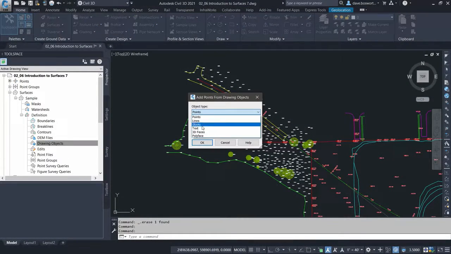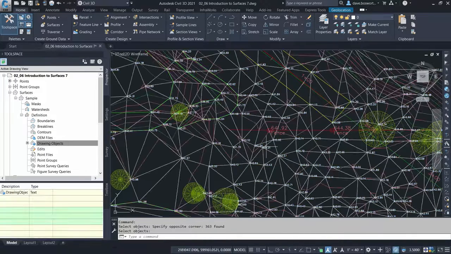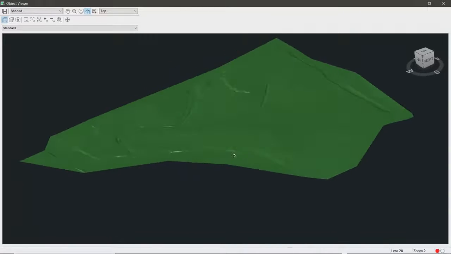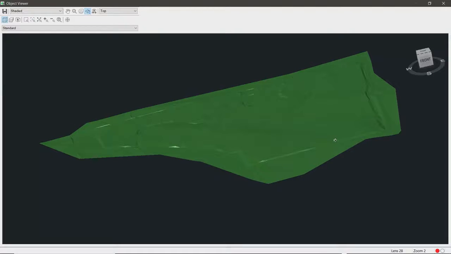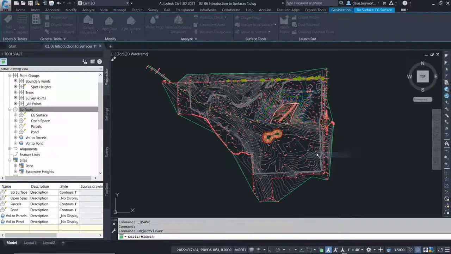Surfaces are used in Civil 3D to create a 3D representation of the ground. They are made up of triangles or grids which are formed by joining up 3D points or adding 3D lines, such as polylines or feature lines. A typical project will require a model of existing conditions. We generally create an existing ground surface from topographical survey information, so we have a model in 3D we can